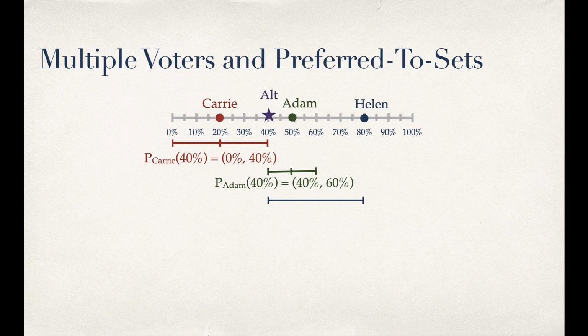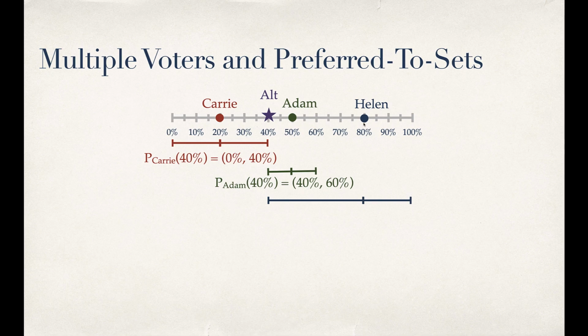So she strictly prefers all of the things between 40 and 80, not including 40. And 80, in fact, she prefers the very most. What about the symmetric side, the flip side for Helen, because she has symmetric single-peaked utility? Well, notice